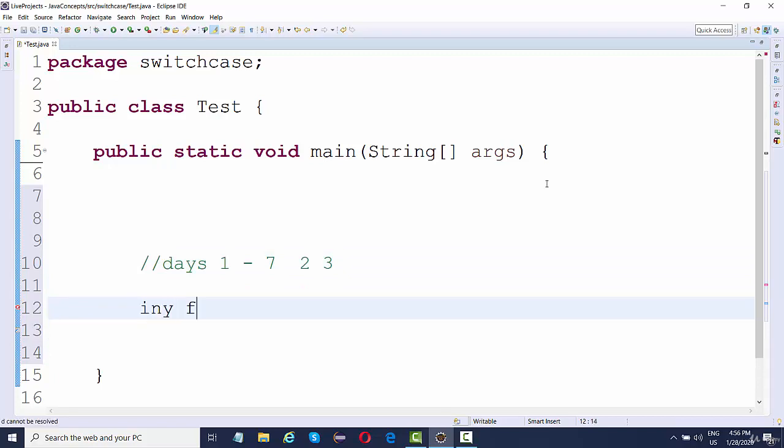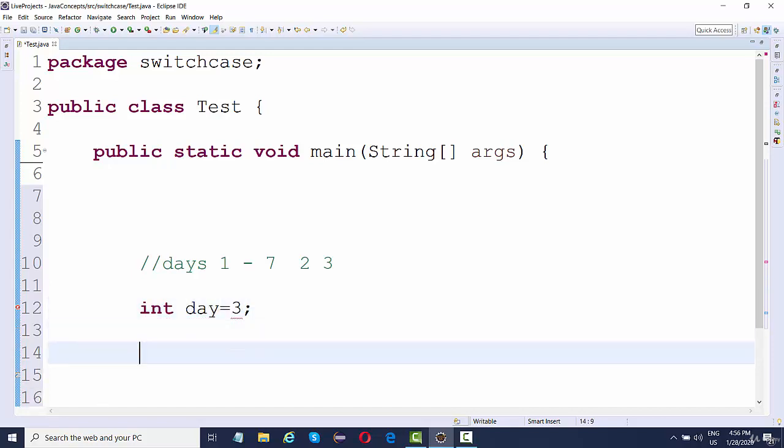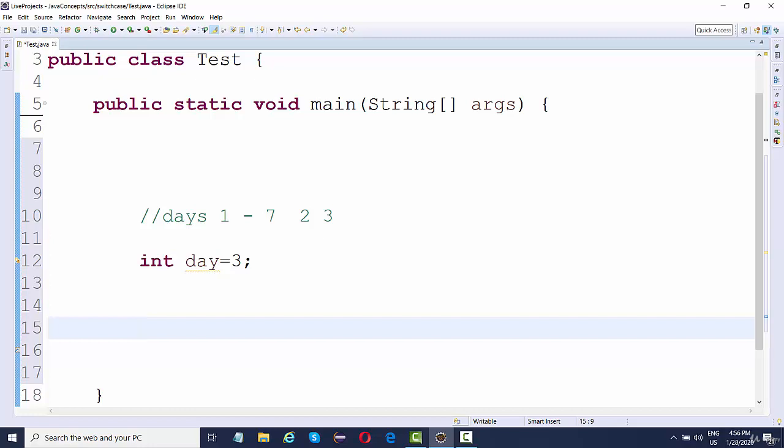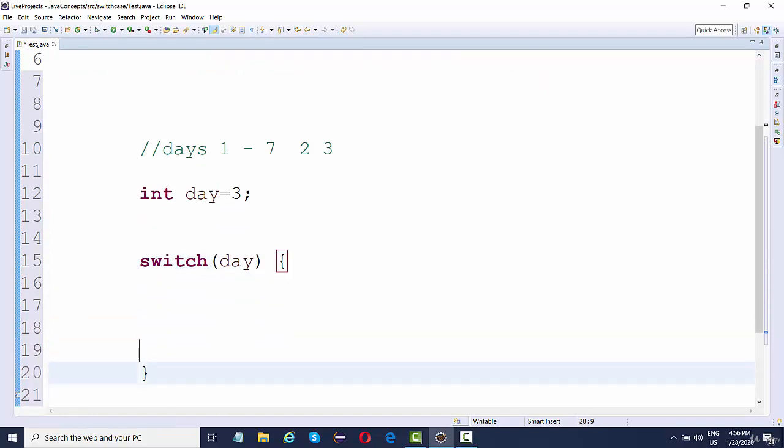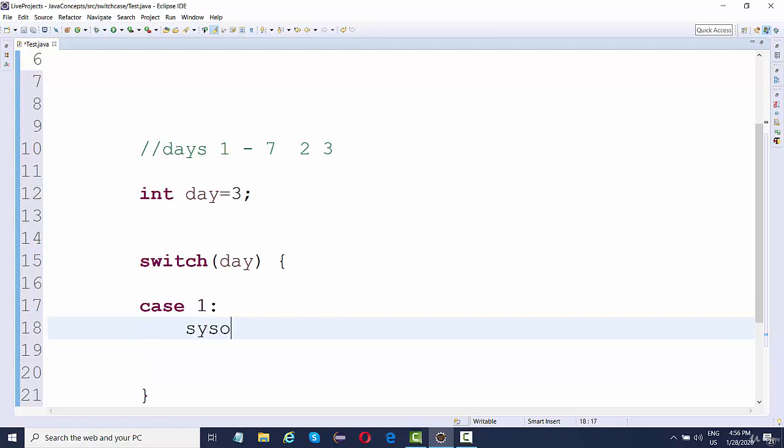Let's say I have a numeric int day equal to, I'll define it as 3. So I'm going to write a switch statement over here. I'll say switch. So this is the syntax. Here you need to give the variable, so switch and the variable. The variable will be, let's say, the day, and then we have a case statement over here. So case, if the case is 1, it should print